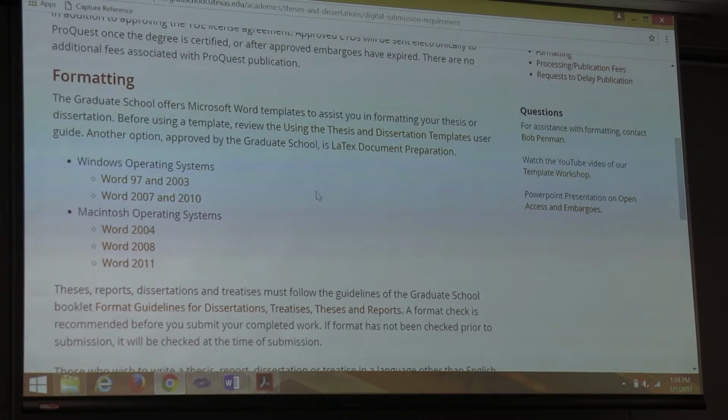Let's see, what else? So when you download one of these, it will come as one file, but it's a zip file. And within there are 4 templates. And 3 of those correspond to the 3 parts of what will be your document. There's a front matter template that comes at the beginning. It's all the pretext pages, the signature page, title page, abstract, table of contents, all that stuff. Then there's another one called the master template that will be your actual document. And then there's one that comes at the end, which we call the back matter. And it has things like appendices and your bibliography, all that kind of thing. It'll come after your document ends. So those are the 3.